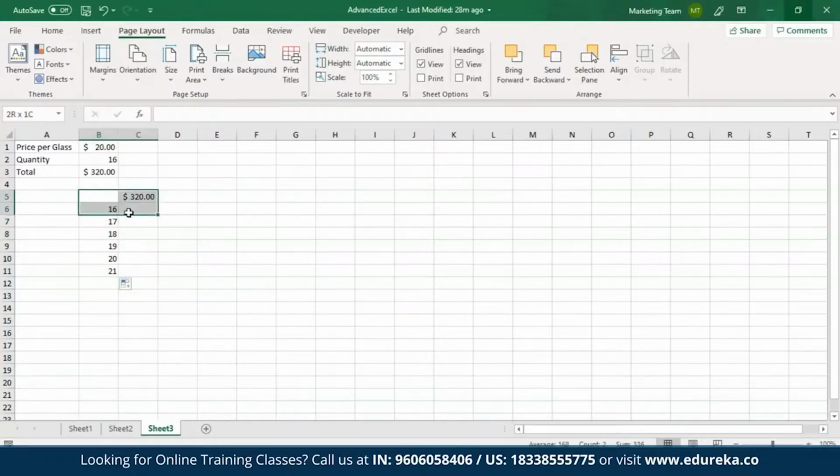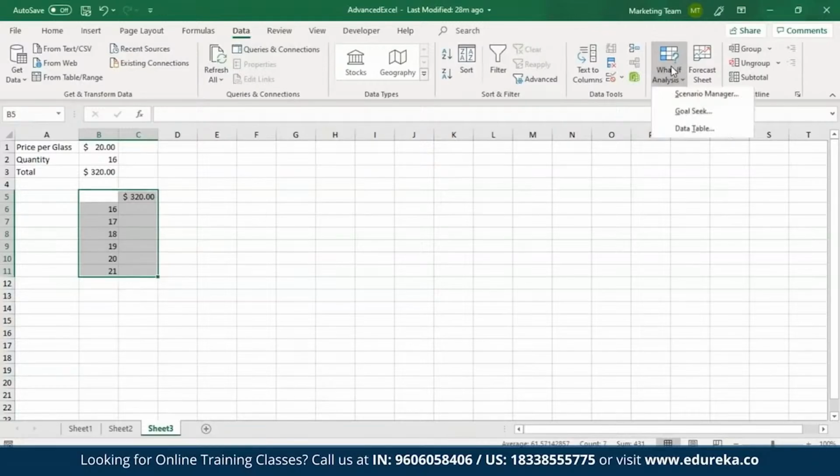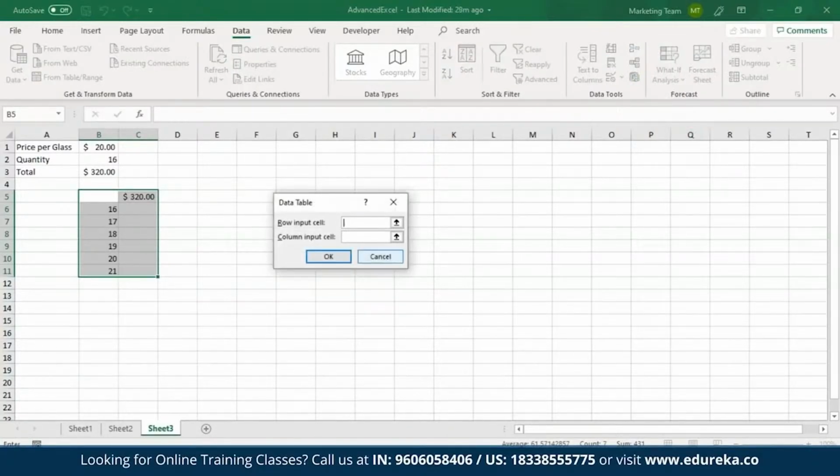And now I'll select this newly created range. Click on the Data tab. And then from this What-If Analysis tools, I'm going to choose Data Table. As you can see over here, a new window has opened wherein it's asking me to enter the row input cell and the column input cell. Since I do not have any row input cells, I'll specify the input to be as a column input cell. Since I'm dealing with quantities over here, I'll have to specify the target cell to be B2, and then I'll